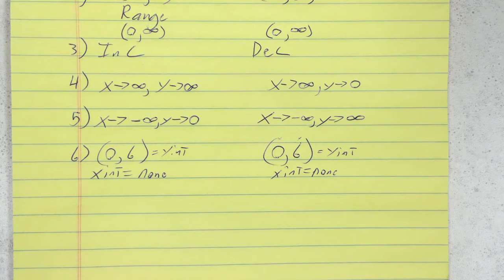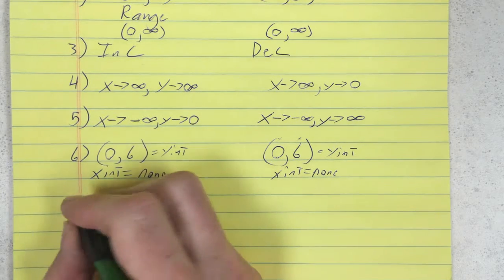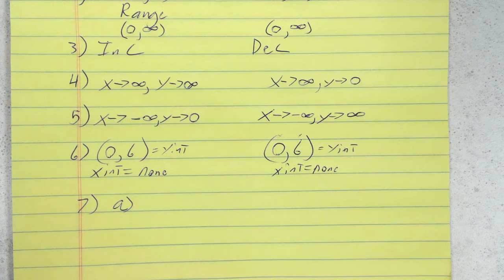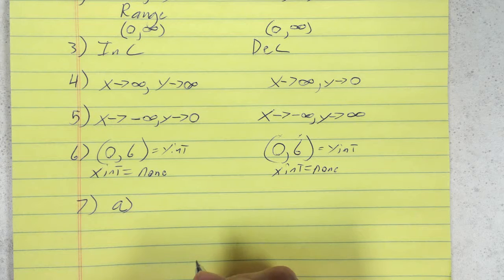All right, number 7. Consider how the parameters of a and b affect the graph of the general exponential function. Use a graphing calculator to graph f for various values of a and b. So when does the function increase? So 7a. When does the function increase? All right, so it increases, if we've gone through and done this,